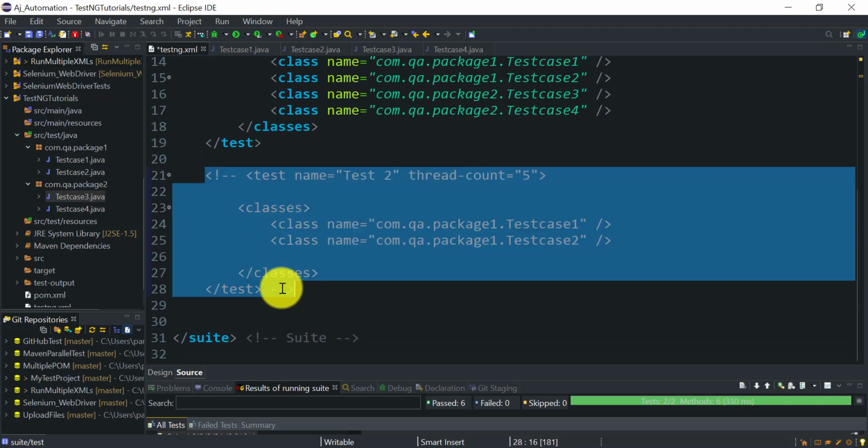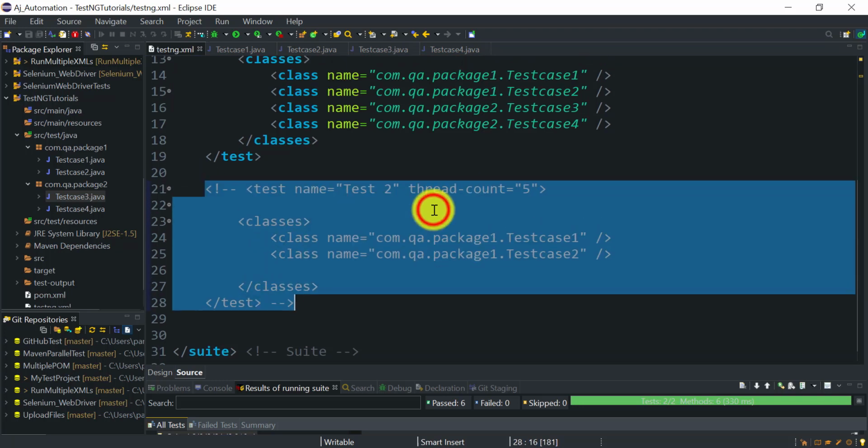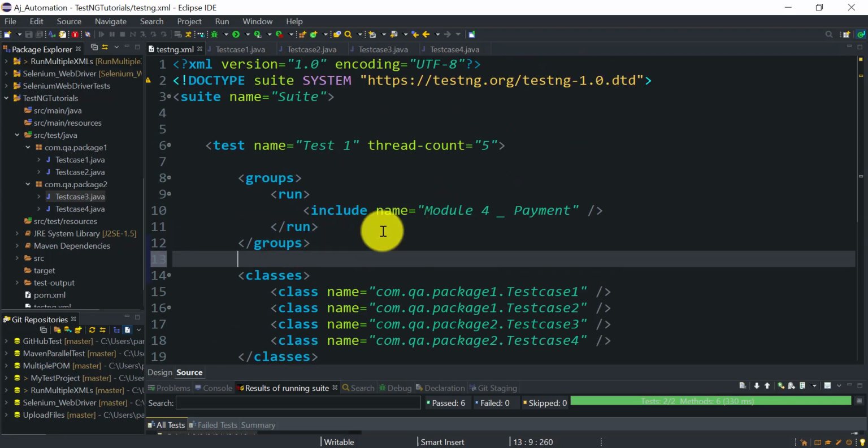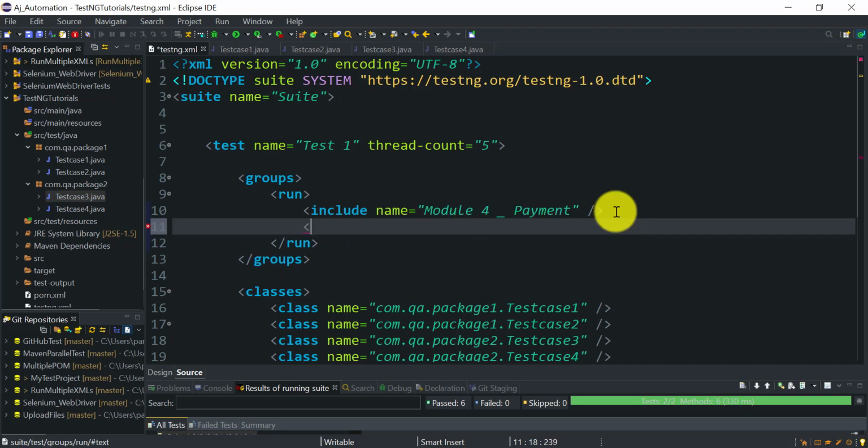Okay, we have already seen that. Okay, so as a part of test 1, I wanted to run the, let's say, module 4 functionality related to the payment. But here one more condition is that there is some issue in module 1, so I don't want to run the TestNG test methods which are a part of that module 1 group.